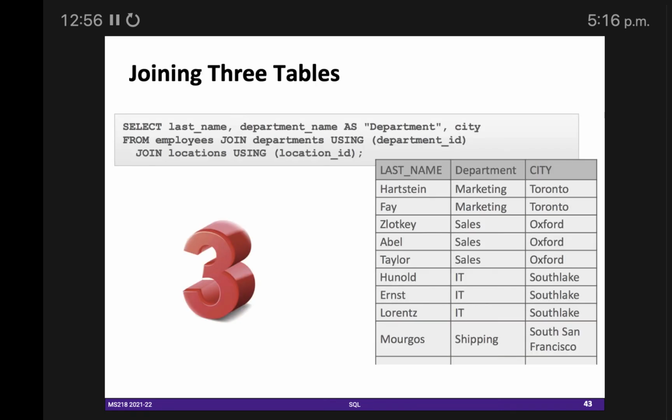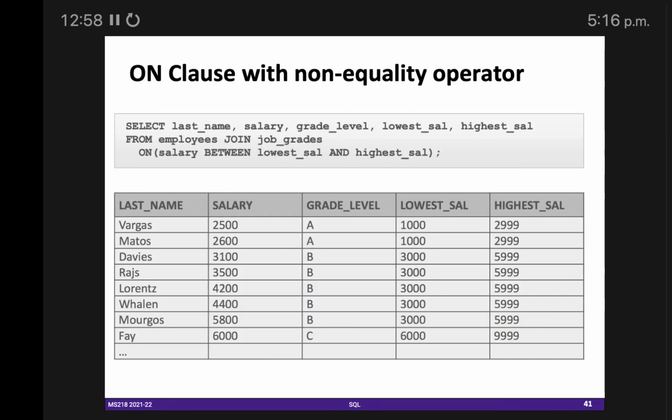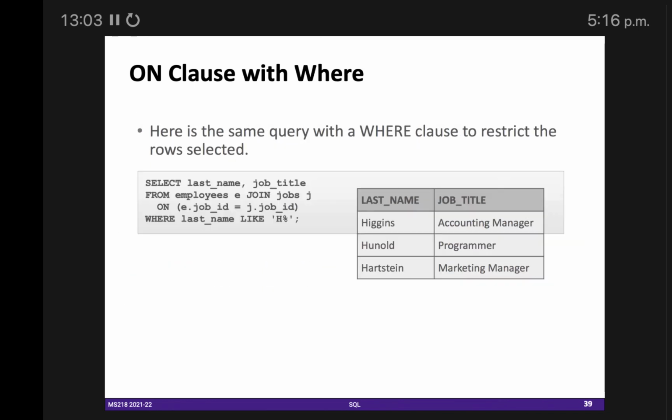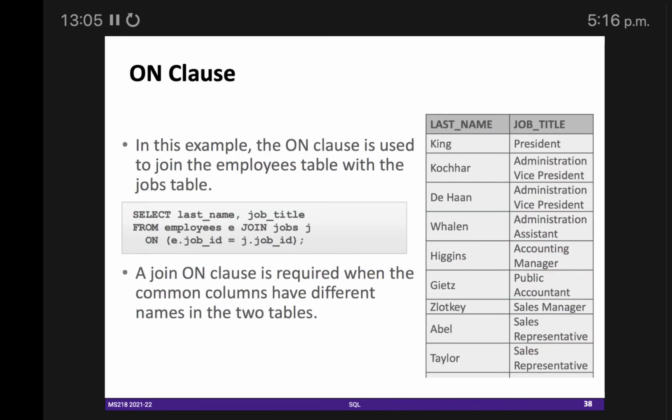Any question about joining 2 tables? Can you write this query in your notebook? If you don't have a notebook, you can write on your laptop, in Notepad or MS Office Word, and try to understand what's going on in this query, because this is very important.